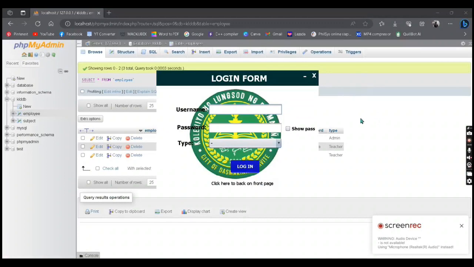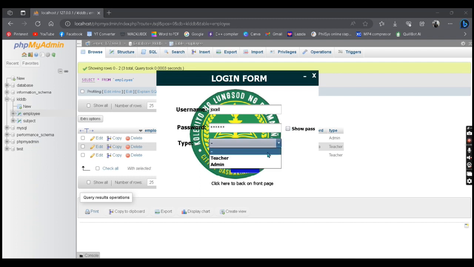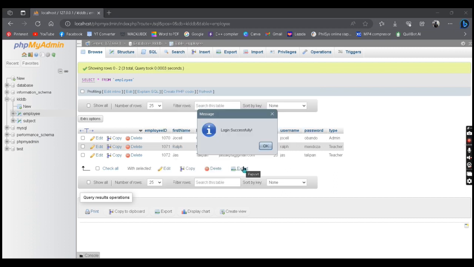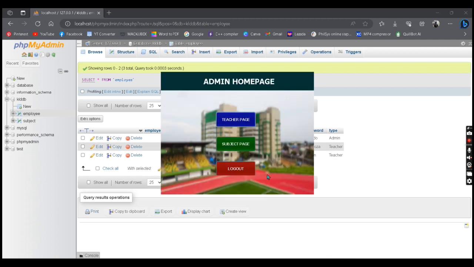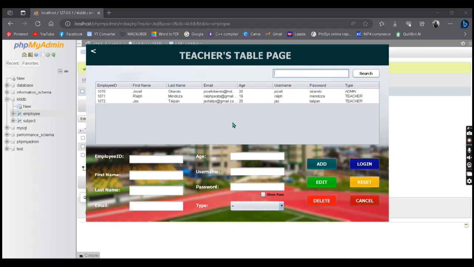Hi everyone. My name is Jashmin Talipan. In continuation with what Ralph Mendoza reported to you a while ago, let's continue with the login form. We will input Jocell as username, Obando as the password. Let's show the password to check if it's right. All right. So let's say it's admin, and once we log in, we are directed to the admin homepage, and this is what the teachers page